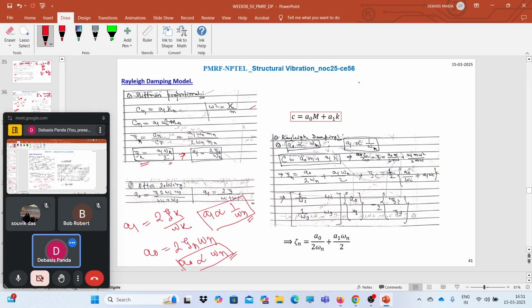So C we have is equal to this. So we can express this formula like this: zeta n is nothing but C by C_cr. So you can do the math here, and finally the equation of zeta n will become A naught by twice omega n plus A1